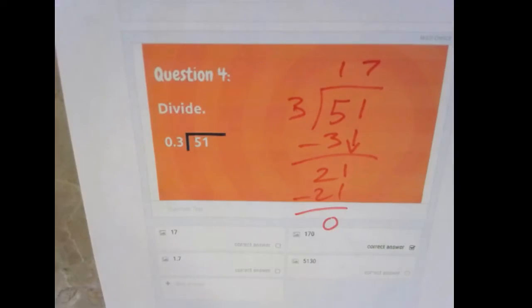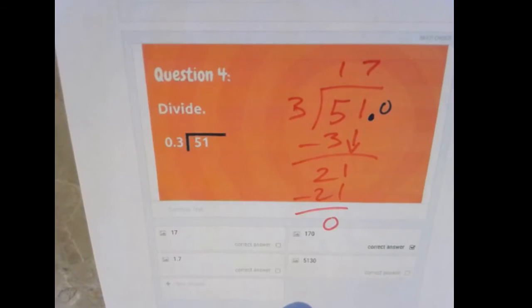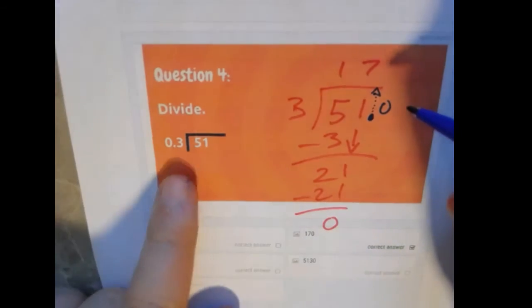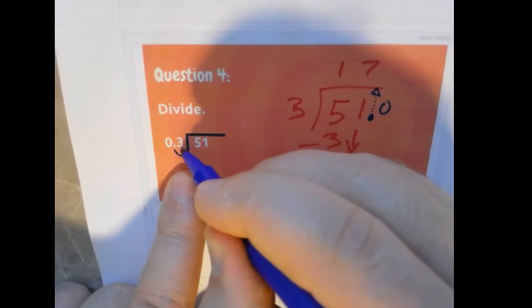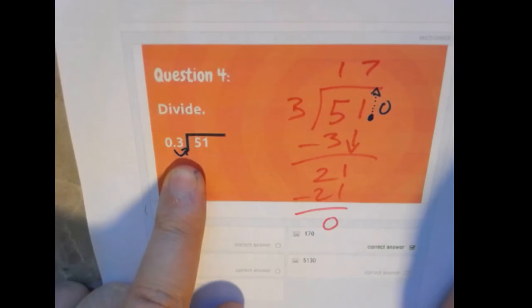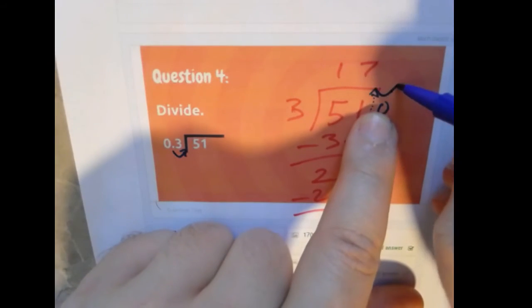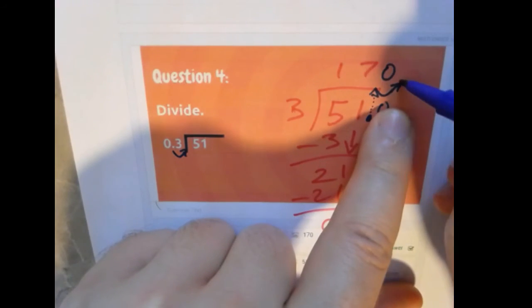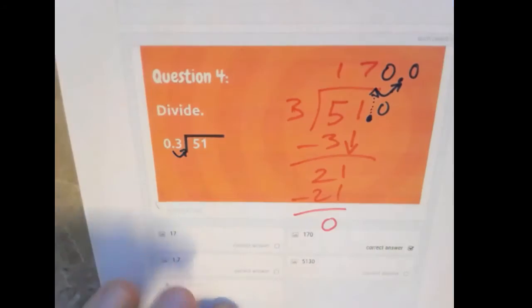Okay, so what do we do in this case? Where was the decimal on 51? Really, the decimal was here, right? 51.0. 51.0 is the same as 51. We didn't change the number. So we would typically put the decimal here, but remember we moved this decimal point one spot on the divisor. So to make up for that, we're going to move it right one spot on the quotient. So really what we have is 170.0 or simply